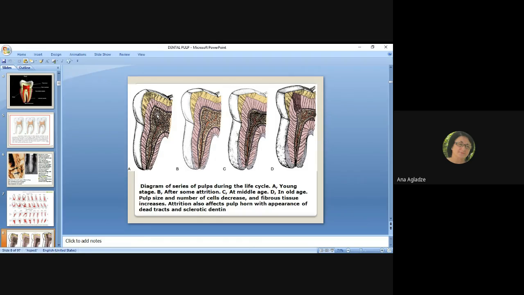And it changes when the tissue is injured or challenged with the bacterial toxins, and different cell types may be activated, migrate to the tissue, or develop from stem cells. Due to the condition and the age, this dental pulp composition is permanently changed. It is very dynamic tissue, and there may be the degradation of extracellular matrix, and larger molecules are built up